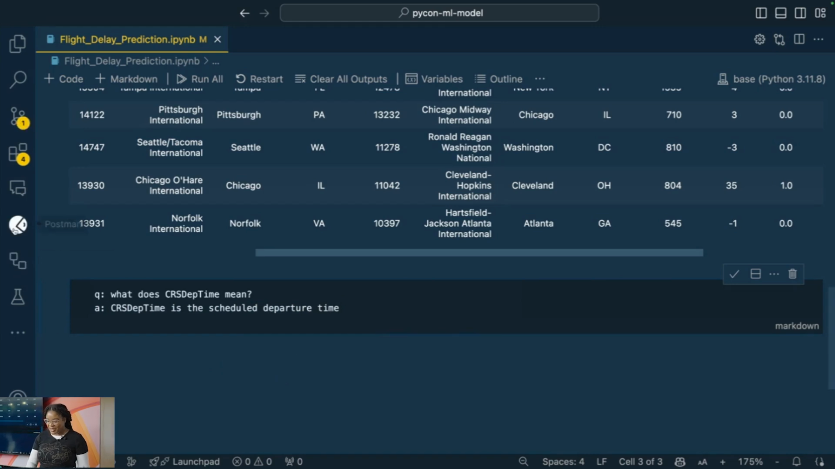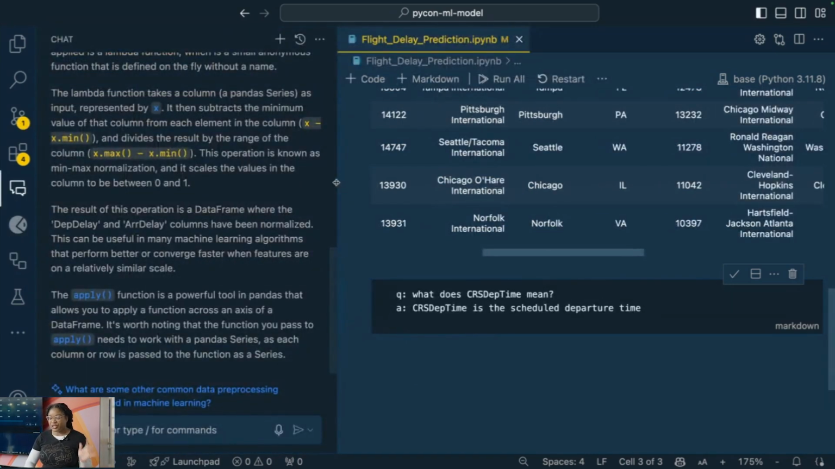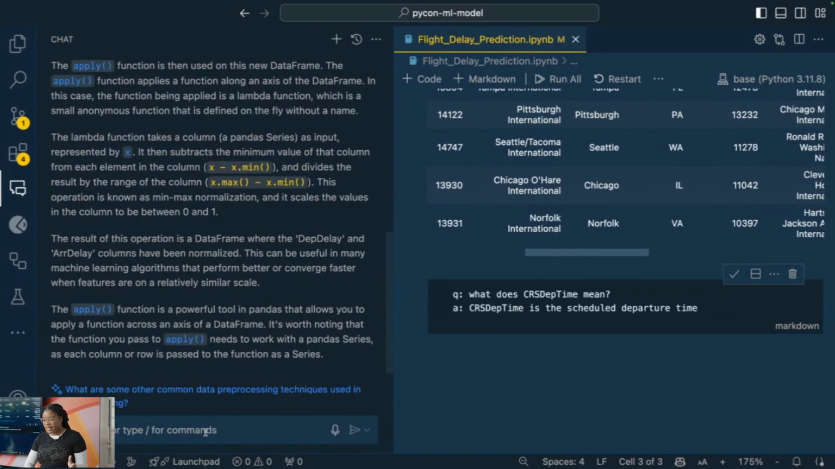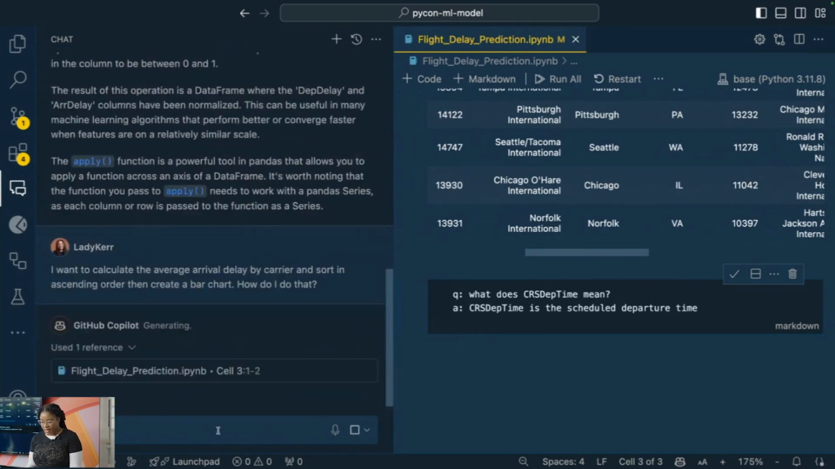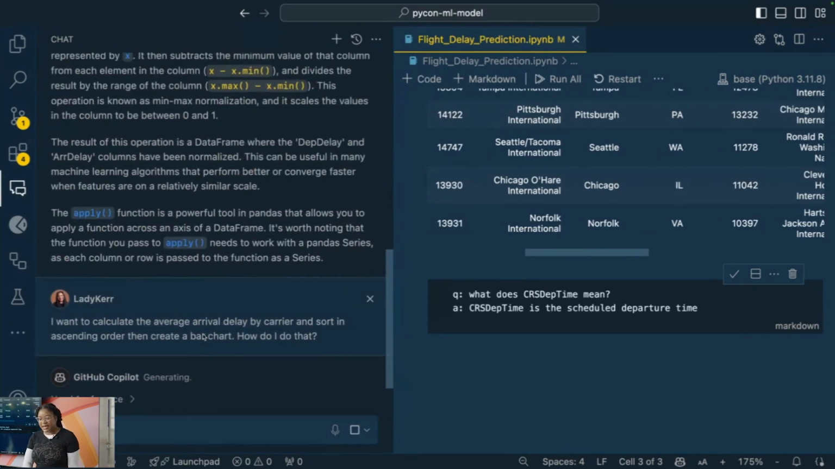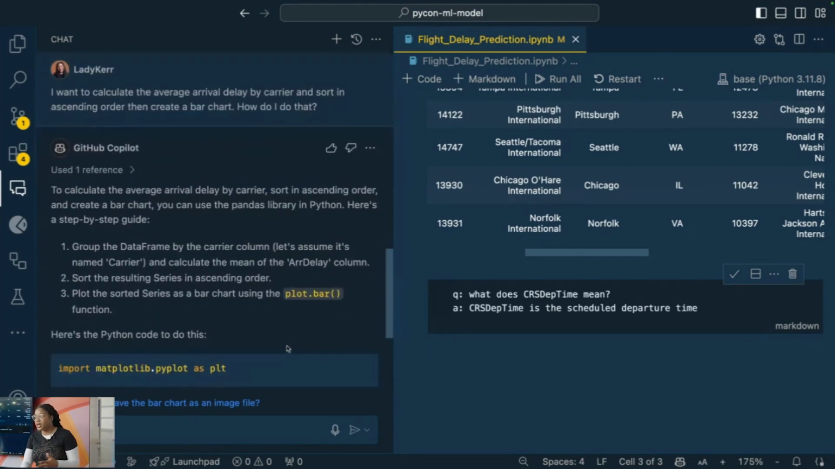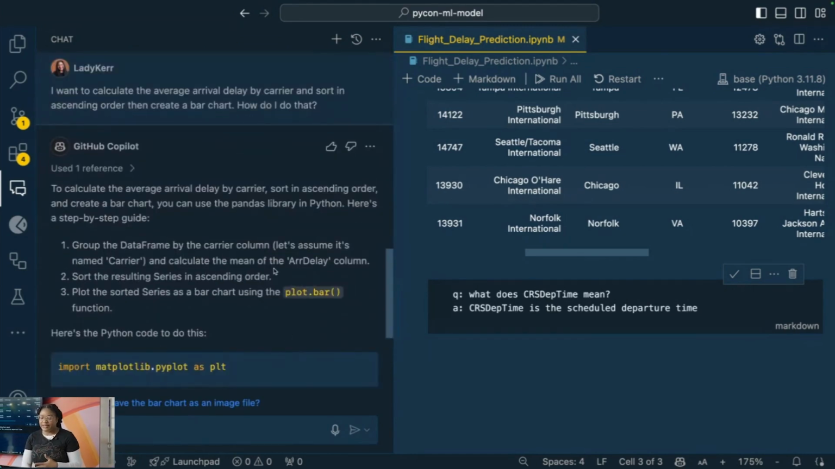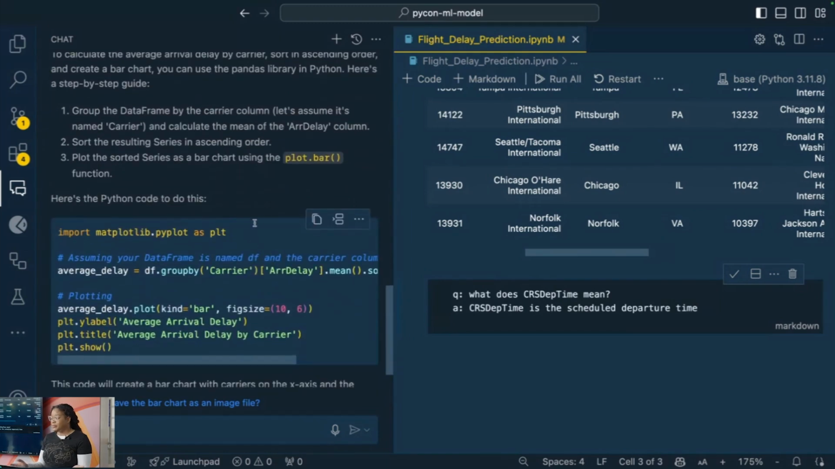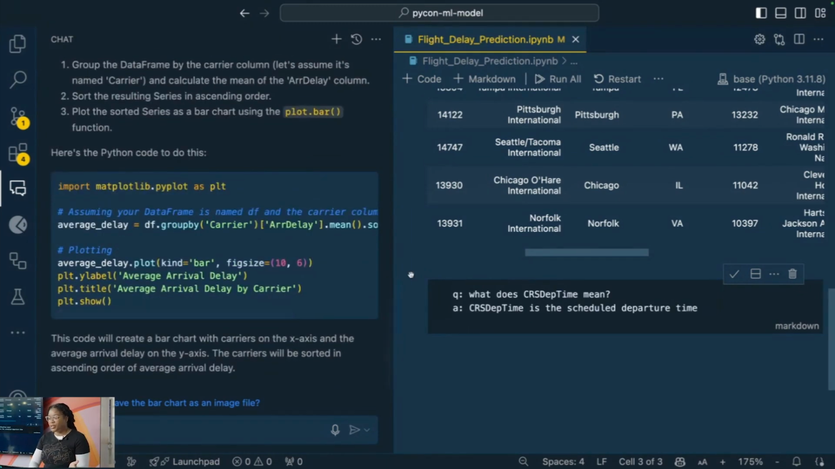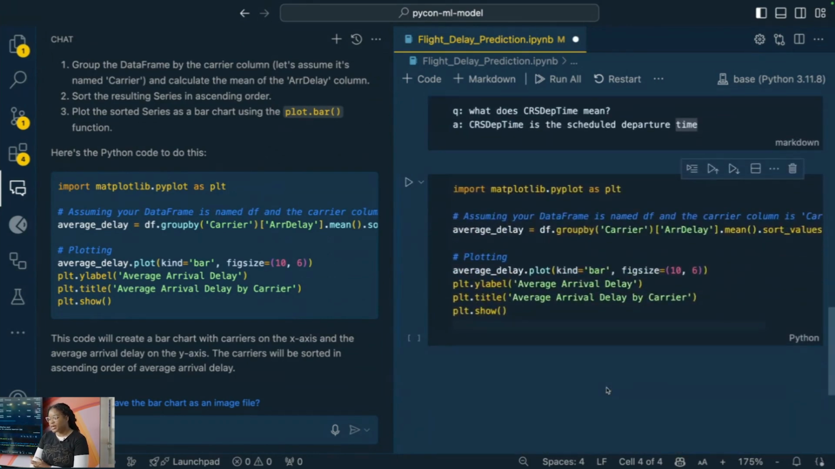But let's keep going. Let's say I want to create a chart. This is also something I can do using GitHub Copilot. So I can say, I want to calculate the average arrival delay by carrier and sort in ascending order, then create a bar chart. How do I do that? It's going to say, to calculate this, here's a step-by-step guide, and then it's going to give me the code to do that work. I can hit this insert at cursor icon here,